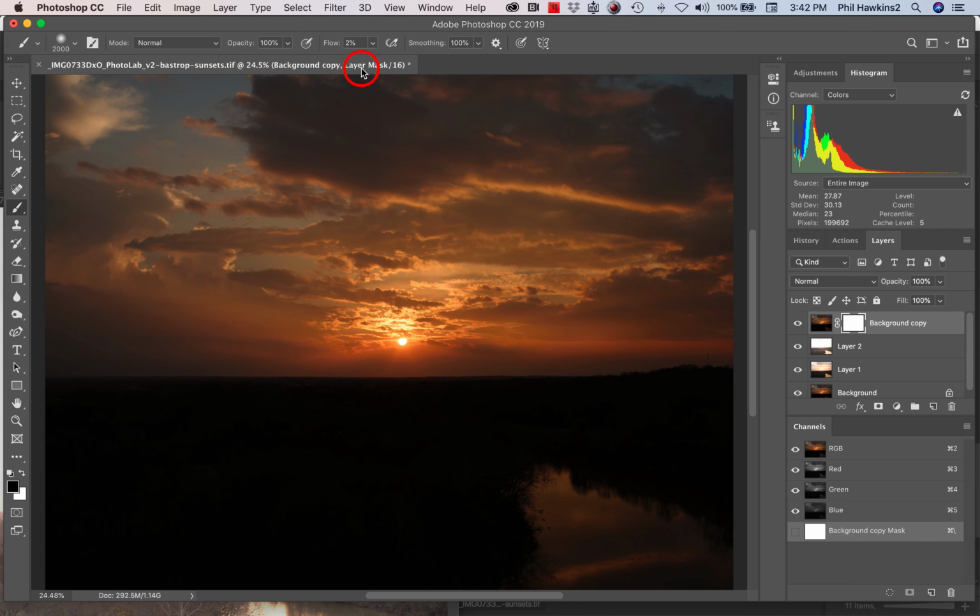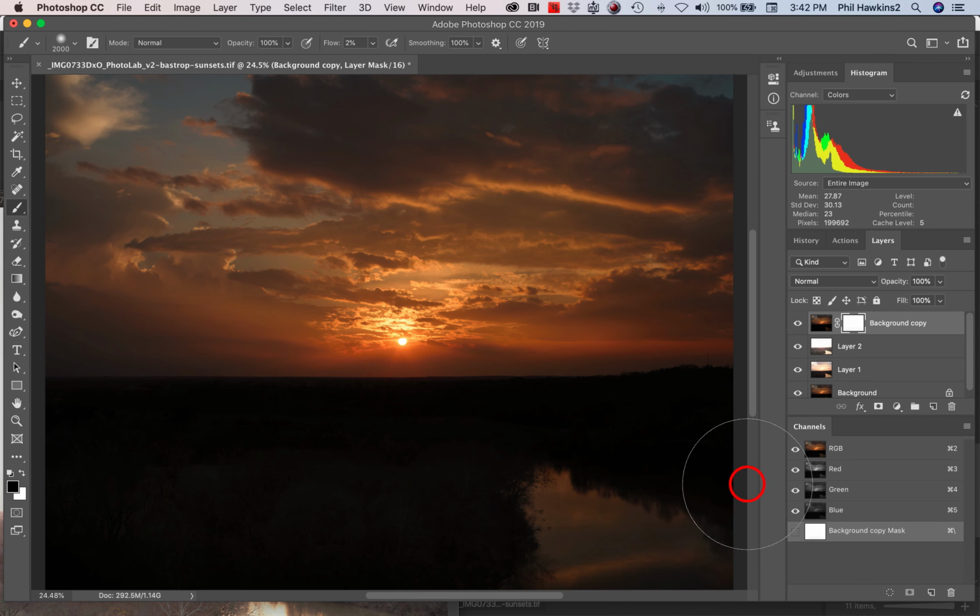I want the flow to be at 2% because I really want to gradually introduce this foreground. So 2%. And then this is about the right size for the brush, at least initially. It's black, so that's a good thing. We have a white mask. Let's go ahead and start sweeping across and just gradually bring in